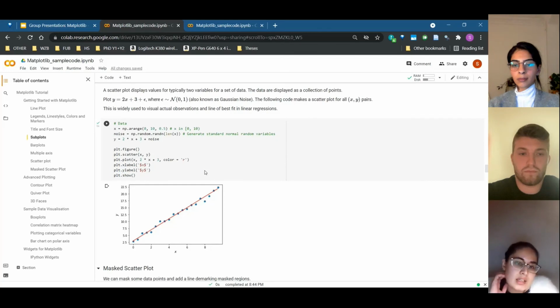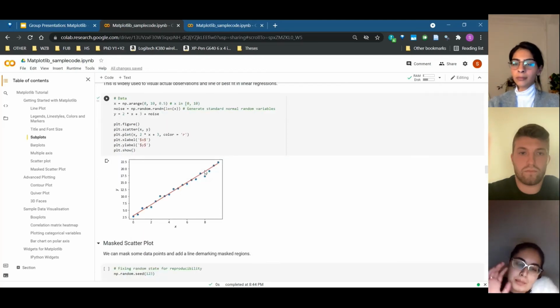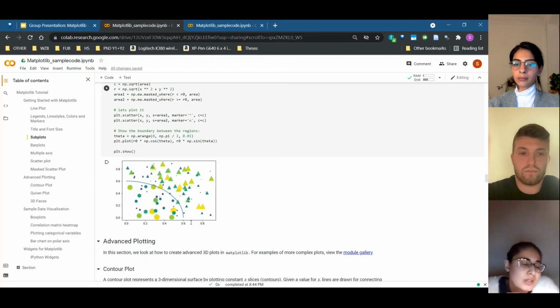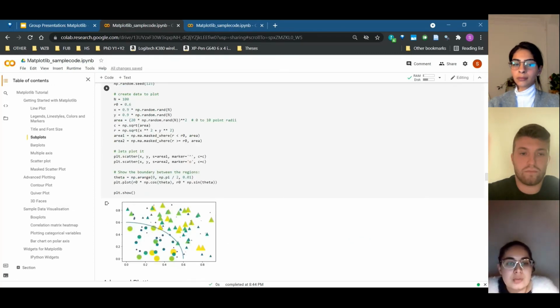Same thing with a scatter plot. This is particularly useful, of course, for linear regression, like visualizing a linear regression and superimposing a line of best fit on actual observations. You can also use masked scatter plots, which are a more advanced kind of scatter plot where you're